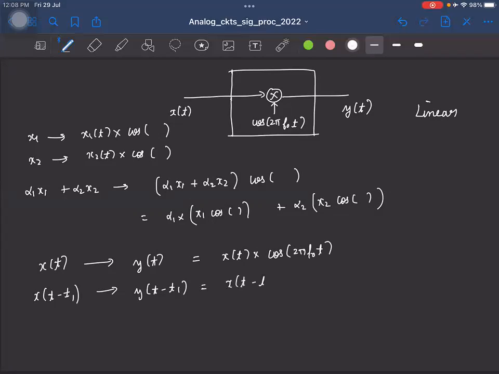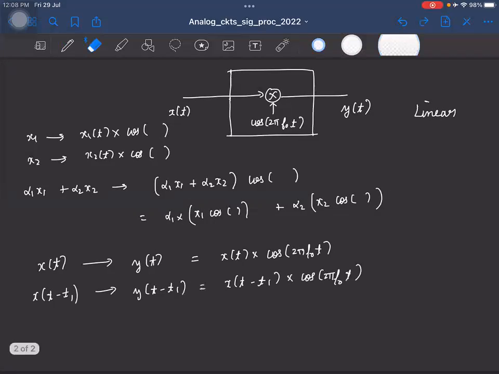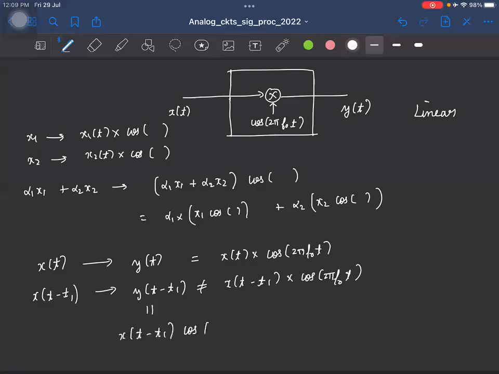T minus t1 times the same signal, right? Cos 2 pi f naught t. This is the signal you get, right? But obviously this is not equal to y of t minus t1, because what is y of t minus t1? It is x of t minus t1 times cos 2 pi f naught (t minus t1), right? So obviously these two are not equal,